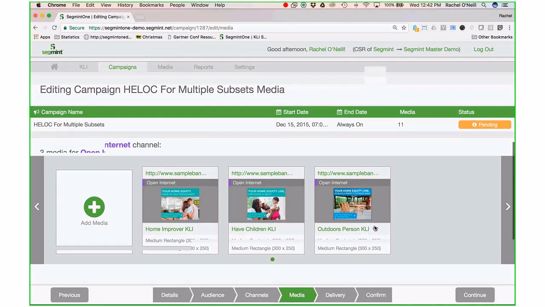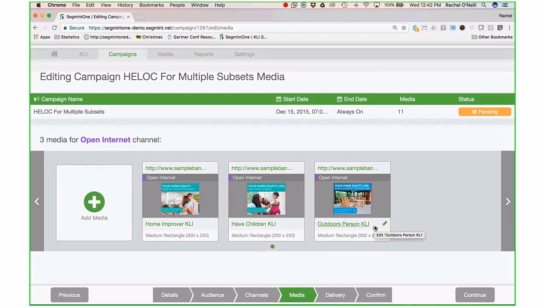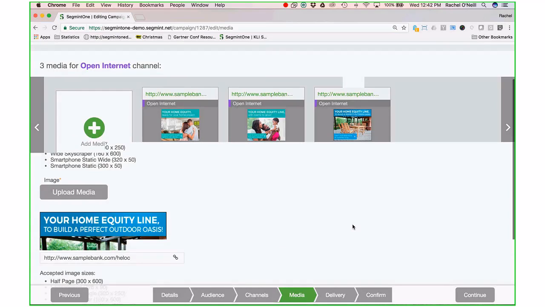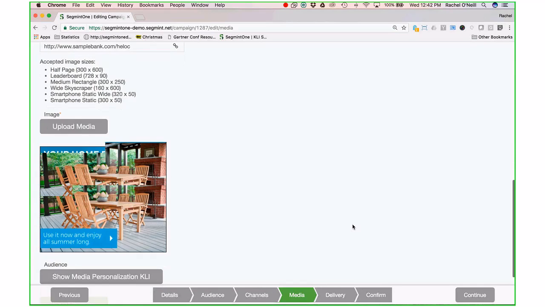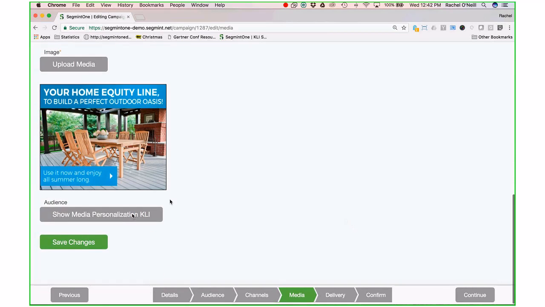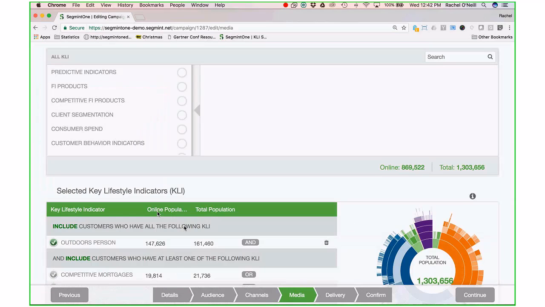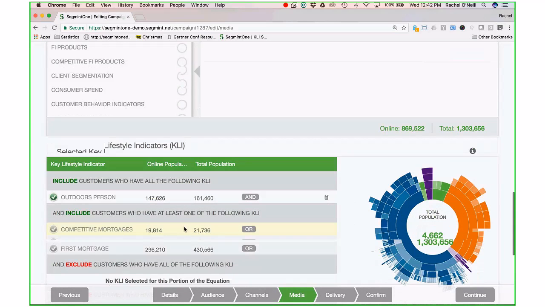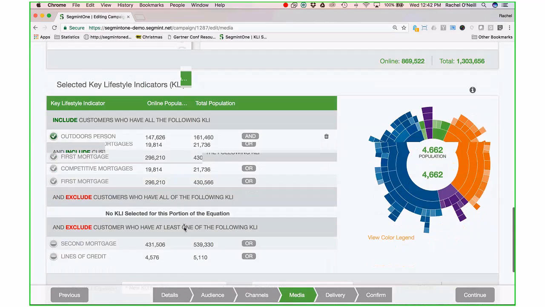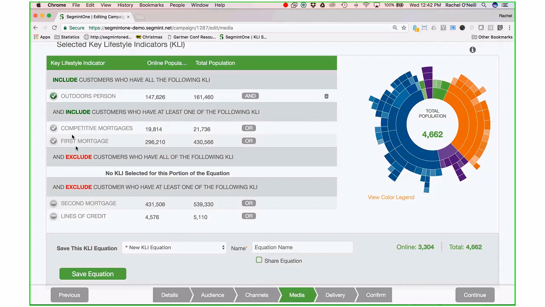But you may ask, who's going to get which message? So if I pick this particular one for the outdoor enthusiast, and I click on that, I can go down to show you how we micro-target. If I click on media personalization, it's going to bring me back to the audience I previously created. You see grayed out now the base KLI I had seen previously selected in this campaign. But now there's one more, the outdoor person or outdoor enthusiast KLI is assigned to this campaign for that version